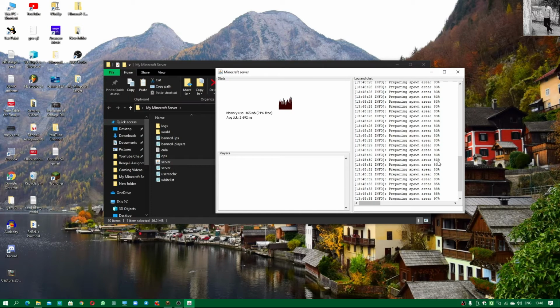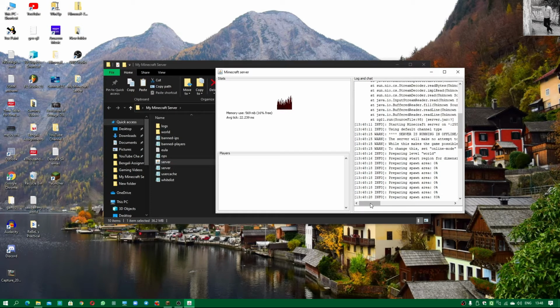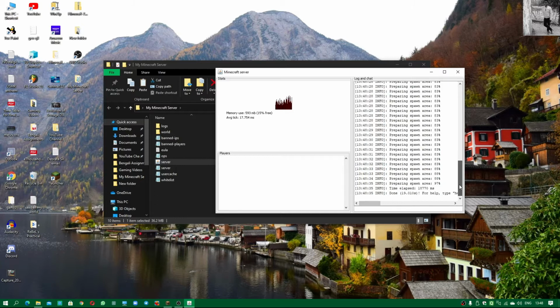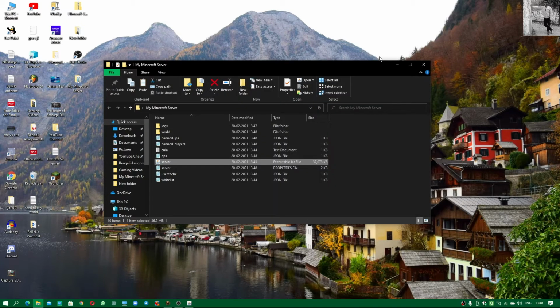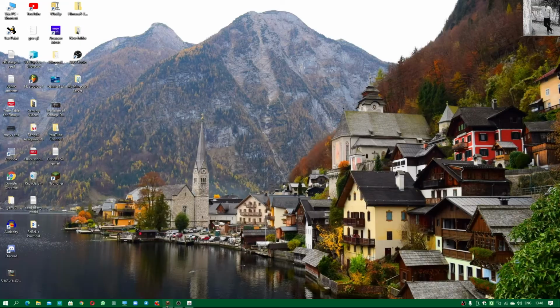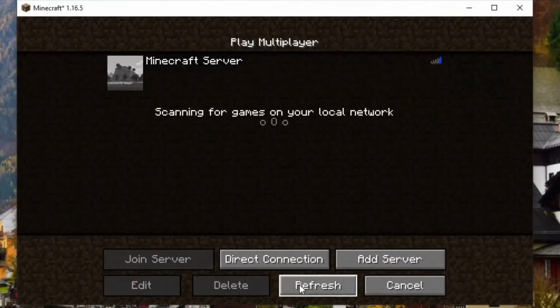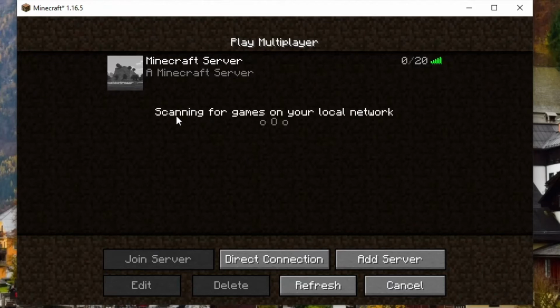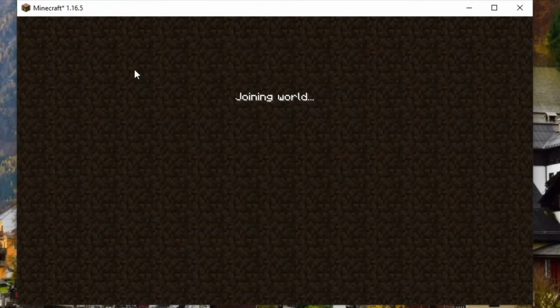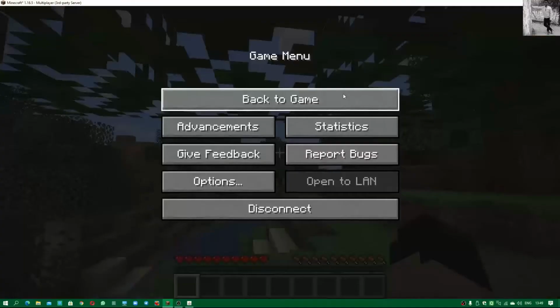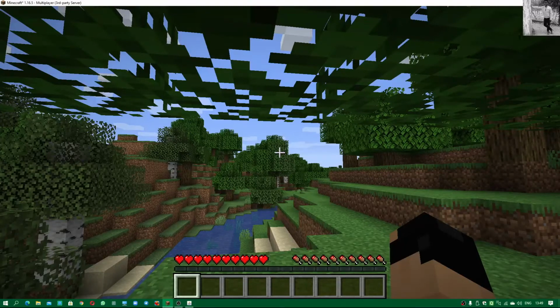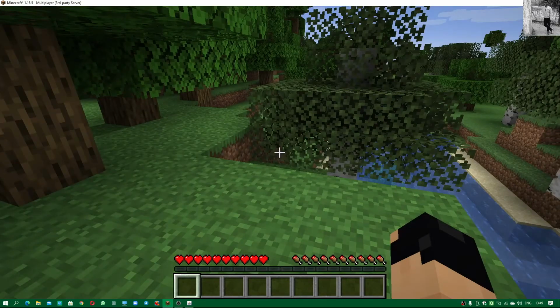Now as you see, the server has been successfully launched. Now the server will not authenticate any user, and now you just need to go here again on your Minecraft and refresh once more. Yes, a Minecraft server. Now you can easily log in to this. Now see, the world that is being used in the server is a randomly generated one. Okay, wait, here we have successfully connected to the server, as you are seeing. Now let me do it full screen, and here we have joined my world, as you are able to see. One minute, let the FPS stabilize.